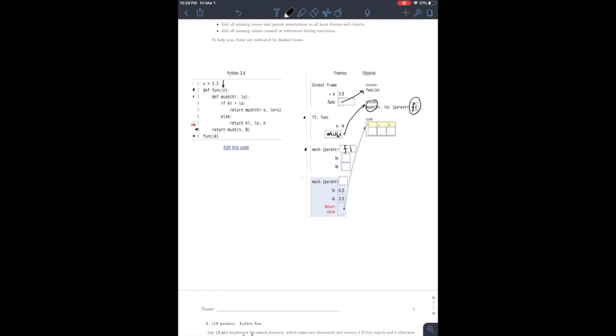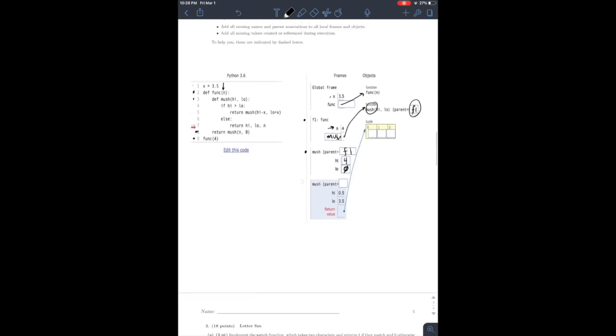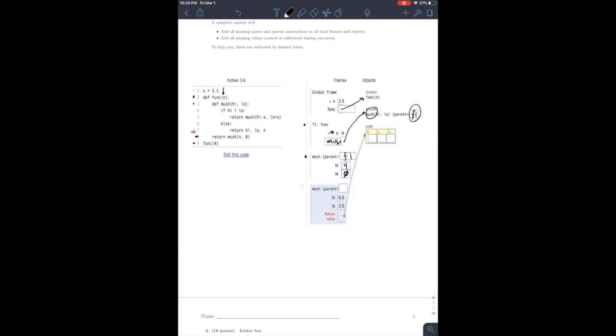And now we have to look for its arguments. So we're passing in n for high and 0 for low. So you just go ahead and write 0 for low. And for high, we want n. And so it's this n that we get passed in from frame 1. So high is 4. So once we have that,